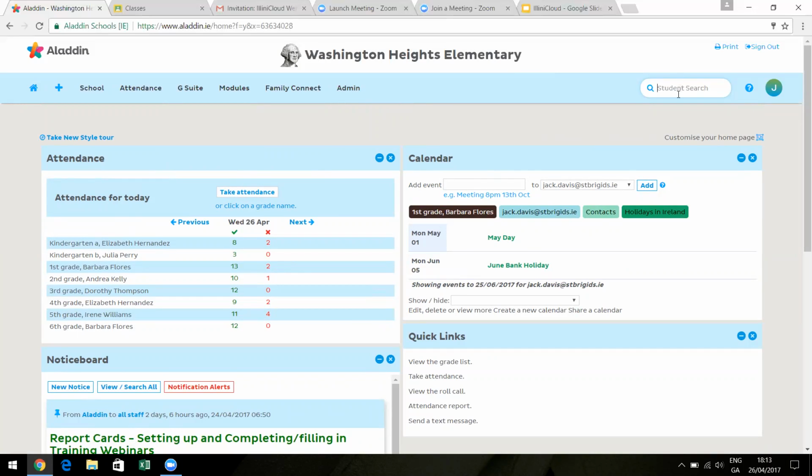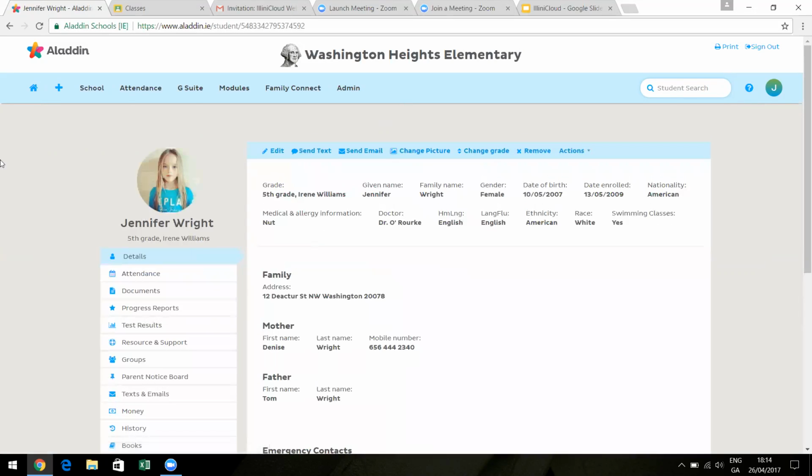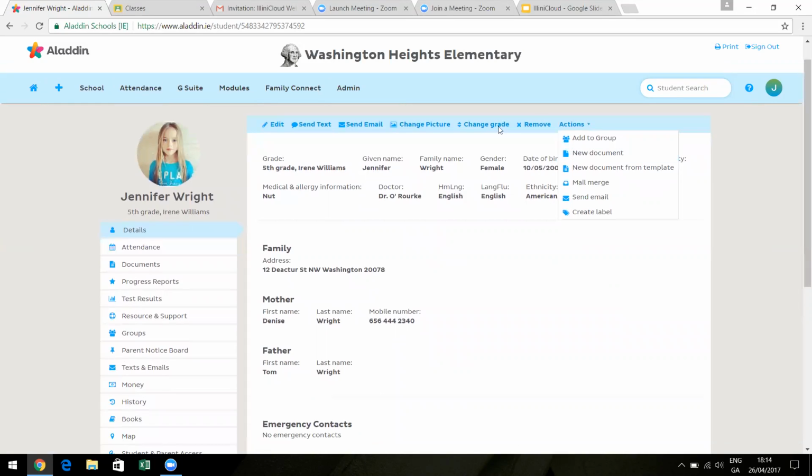Let me just do that. We'll go in and look up, for example, a student called Jennifer. And I know it's Jennifer Wright. Maybe I have a parent conference with Jennifer's mother, and I can very easily get down and see her whole profile. So at a glance, I can see her overview details. And again, this is very easily customizable,